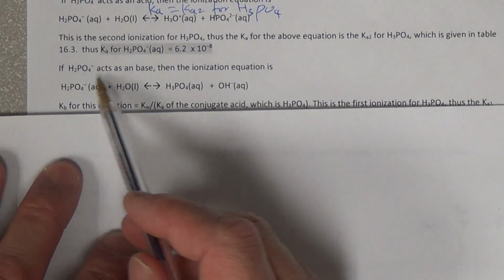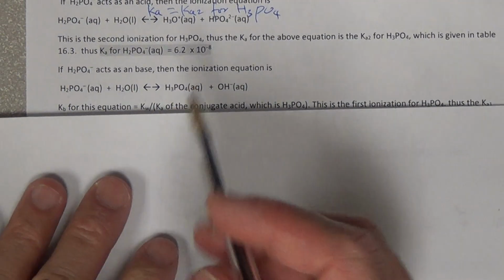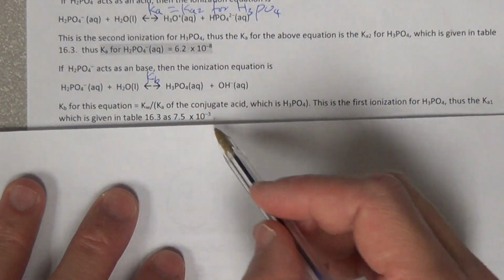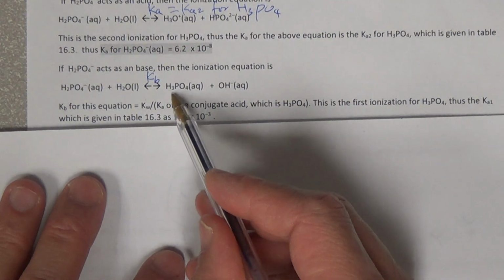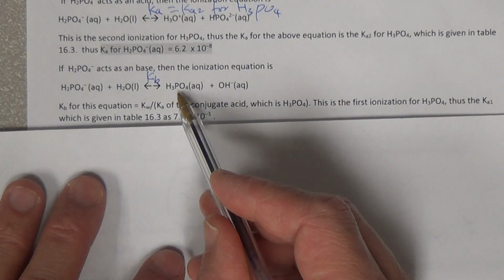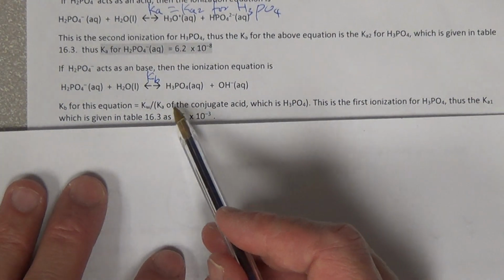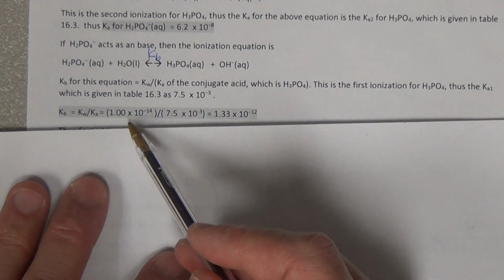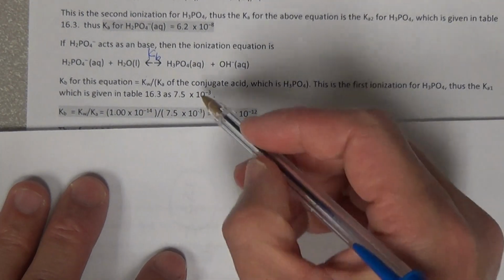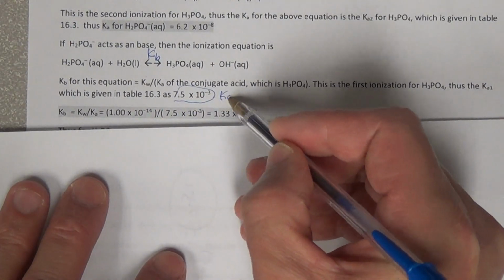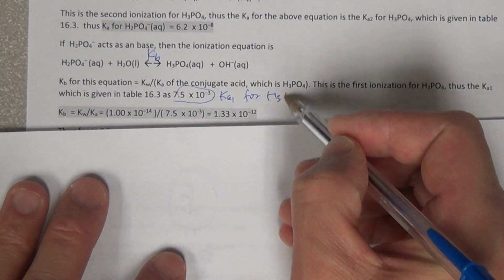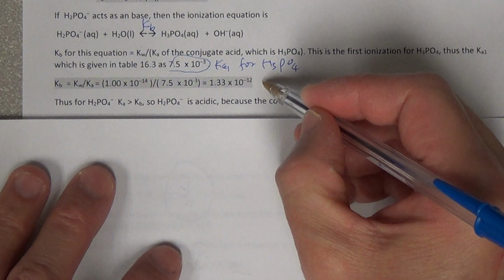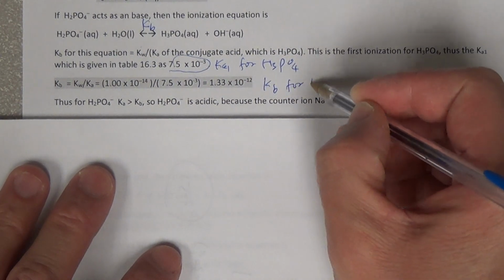Now, if we use this acting as a base, and we have this equation, we see it has a Kb. So how do we find the Kb for this equation? You again use Kw divided by Ka of the conjugate acid, and this acid will have Ka1, Ka2, Ka3, so we use Ka1. Ka1 from the table is 7.5 times 10 to the -3, so Kw divided by the Ka1, and we get this number. So this is Kb for that